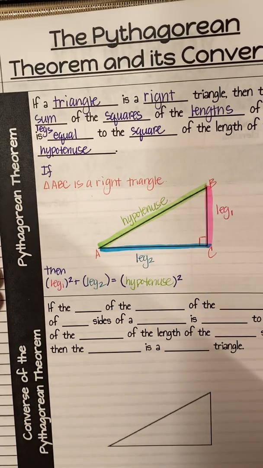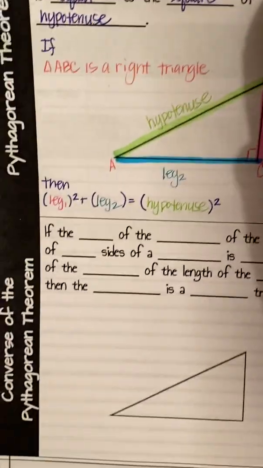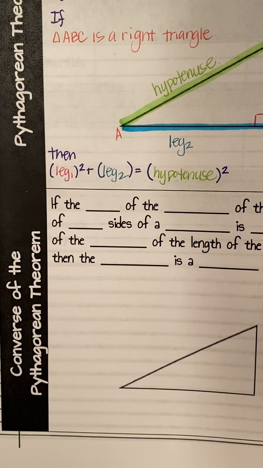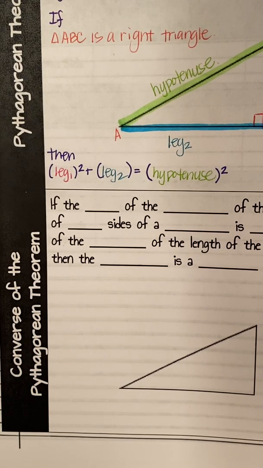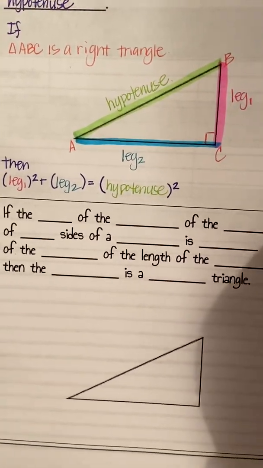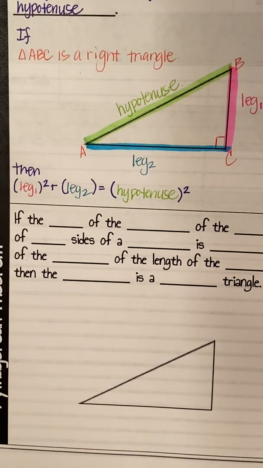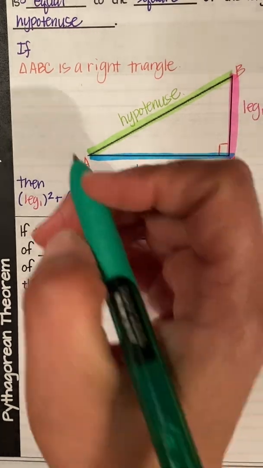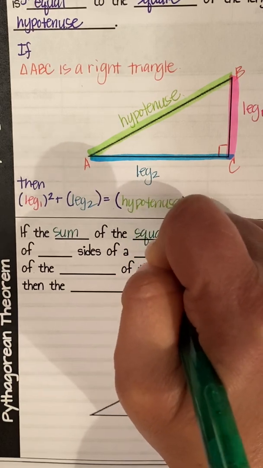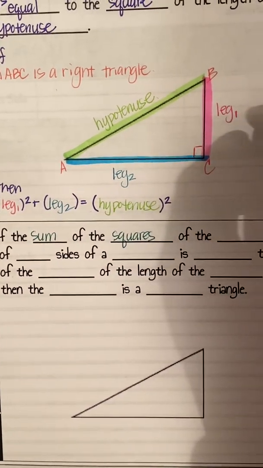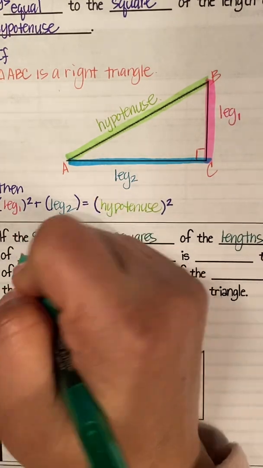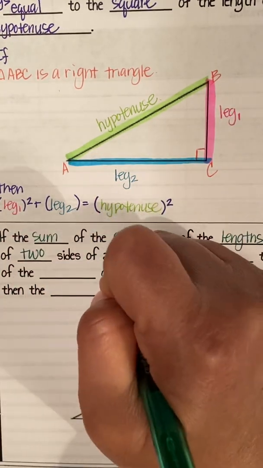So let us get to the second theorem. So this is just the converse, and if you recall with the converse, we're just going to interchange the if and the then statement. So we're going to start off with our then, and then our if is going to be our conclusion, all right? So for this one, if the sum of the squares of the lengths of two sides of a triangle